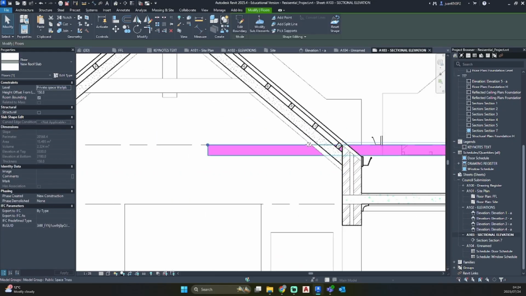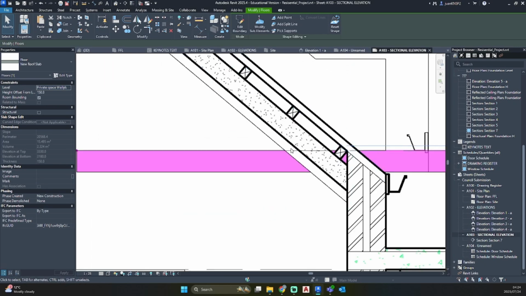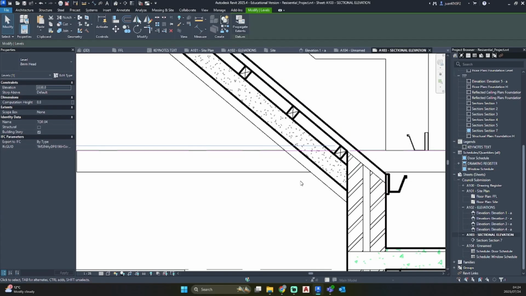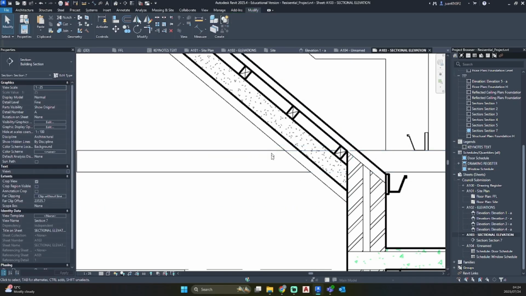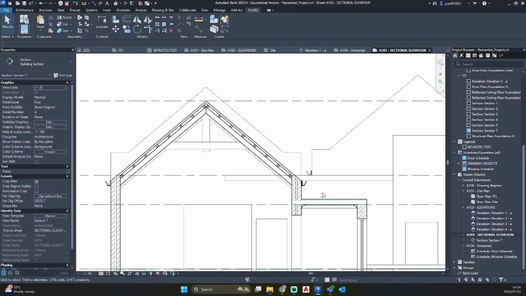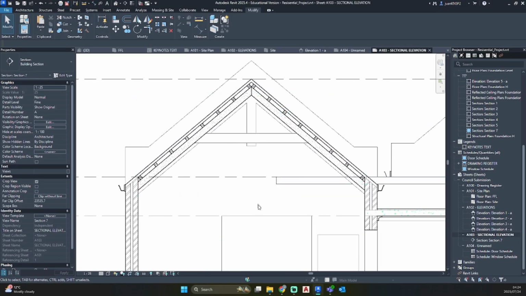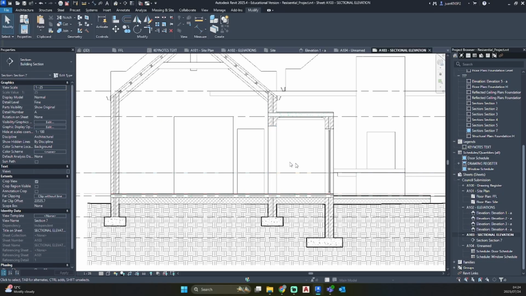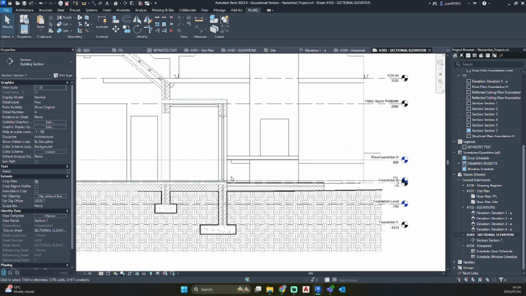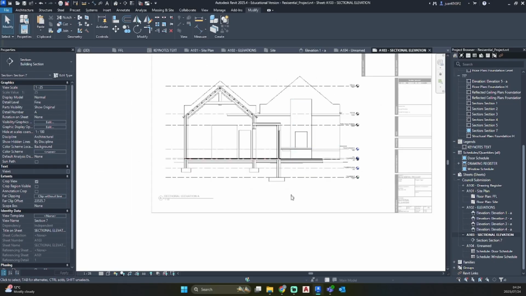So I just need to see why that is. That's the level line, so it's not actually going through that, which is good. With our gutters, now we need to do a ridge cap at some point as well. So that's our truss, our wall opening, braai, with our door. Oh, this is looking quite nice at the moment.